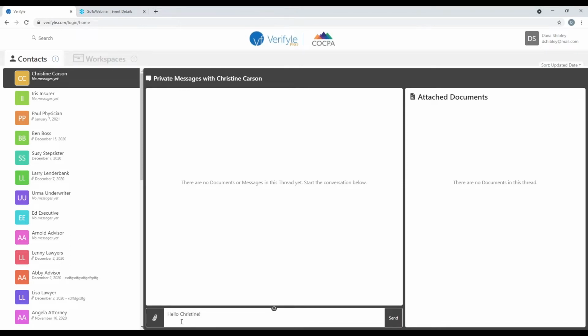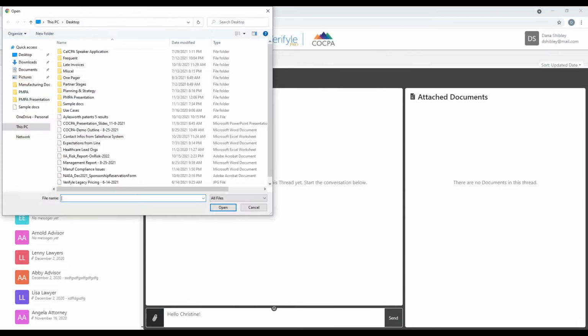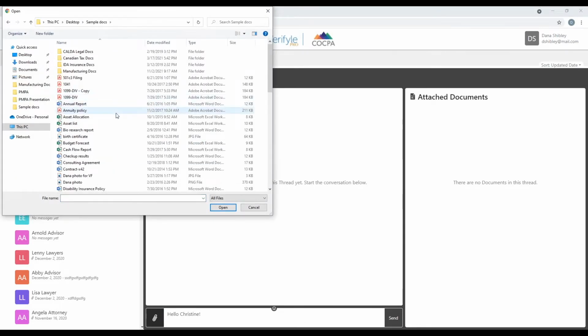And I'm going to upload a document for her as well by clicking on the paperclip symbol. And in a moment, you'll see that this simple interface right here is exactly what Christine sees on her side as well. Okay, let me click on the paperclip symbol, and I'm going to upload the document called